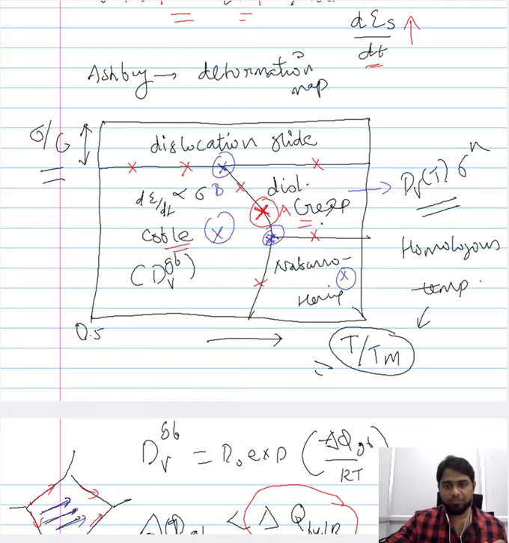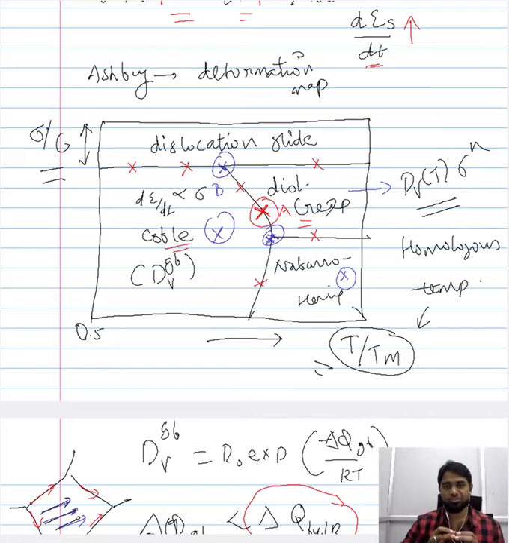Now supposing instead of holding the temperature or the stress constant, you ensure that the strain rate at which the material is deforming is constant, and correspondingly you vary either the stress or the temperature. So let us assume that you are varying your stress, for a given temperature, in order to ensure the deformation rate or the creep rate is constant. That means you would have to change the stress in order to ensure that the strain rate is constant